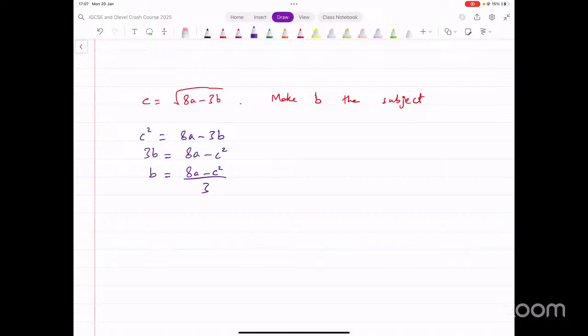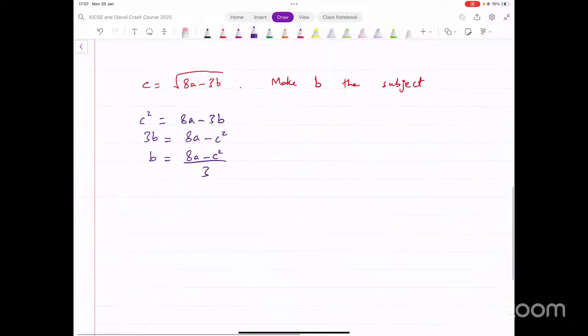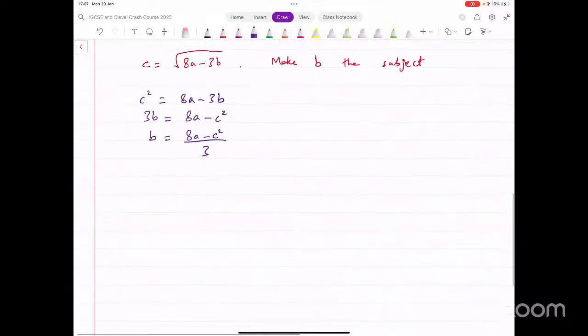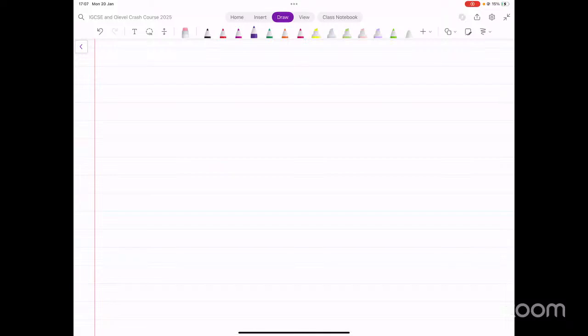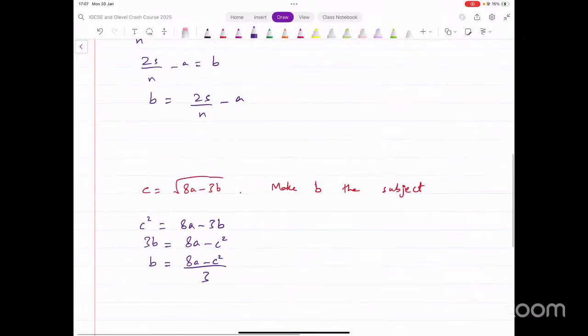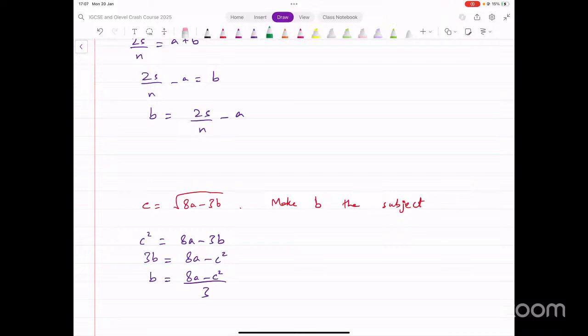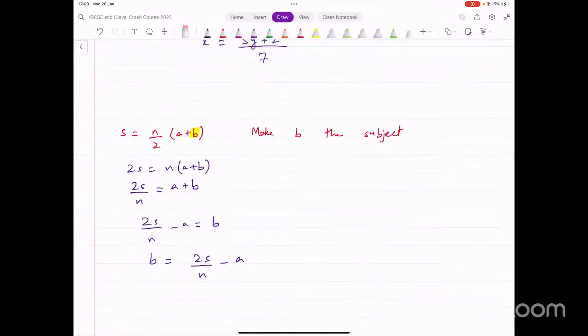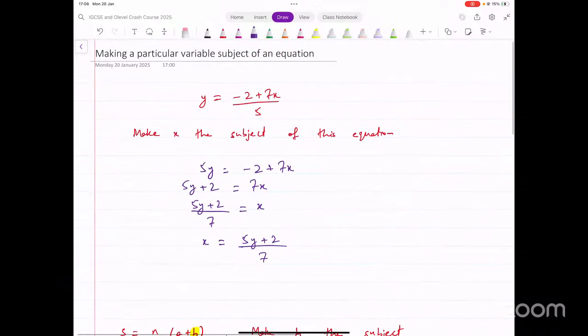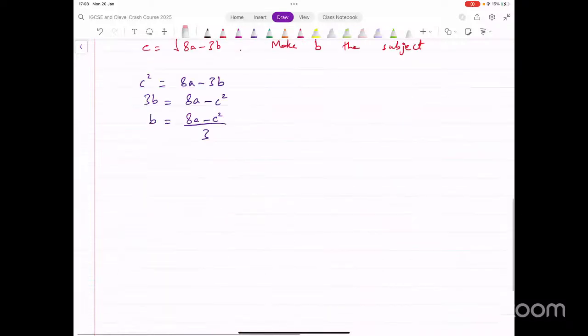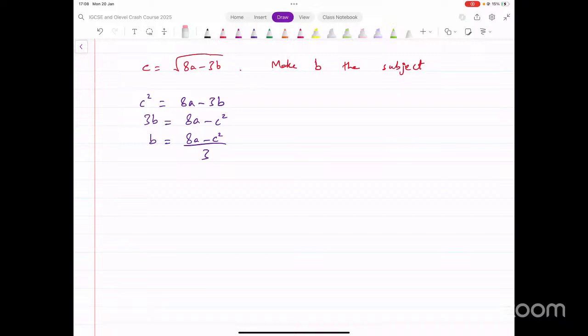Okay. Now, here we had constants. Mostly, let me think of a more difficult example where you have multiple x terms. So in the examples that we did until now, the variable that we wanted to make the subject, there was only one appearance of that. For example, in this, there was only one b here, and here as well, there was only one b, and here we only had one x. Now, sometimes you can have multiple terms of the variable that you want to make subject as well. Let's do something a bit more complicated. So for instance,